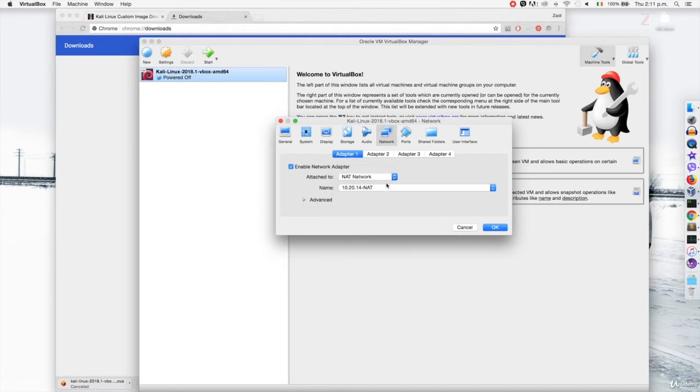Now, sometimes when you set this to a NAT network, you won't see a network name in here. If you don't, please check out my link in the resources, and it will show you how to create a NAT network. For me, it already has a NAT network, so I'm going to keep it on this one. And what this setting basically does